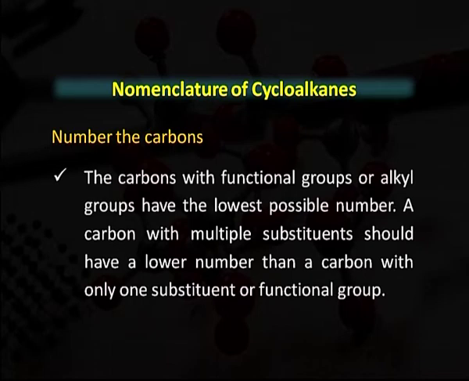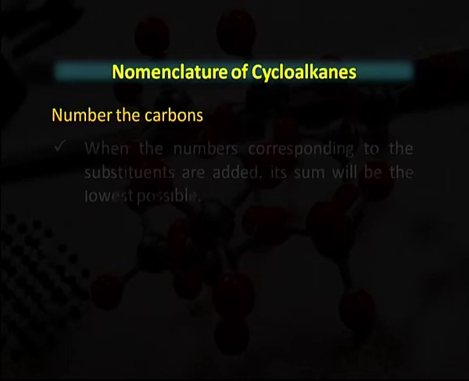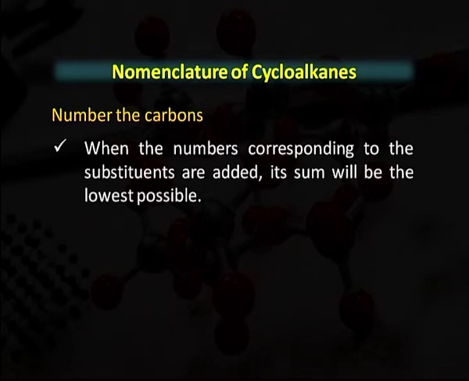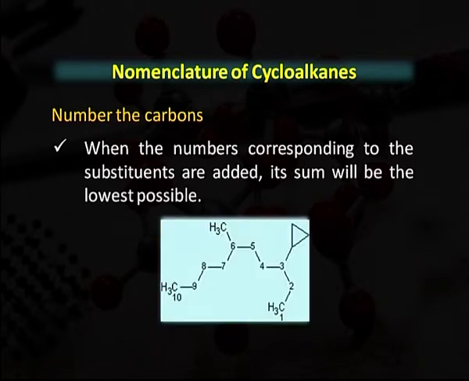Now, we will discuss the numbering of carbons in cycloalkanes. The carbons with functional groups or alkyl groups have the lowest possible number. A carbon with multiple substituents should have a lower number than a carbon with only one substituent or functional group. This applies to the numbering of carbons in the parent chain. When the numbers corresponding to the substituents are added, the sum should be the lowest possible, which is clear in